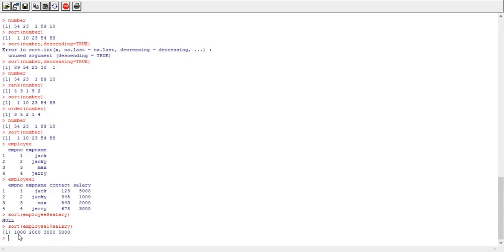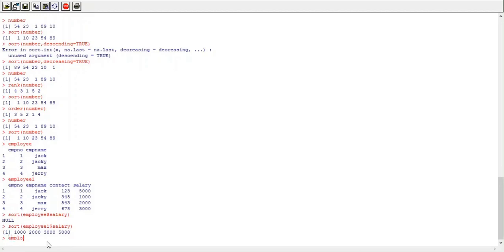It will give you only the values of the salary column, but we don't want this type of output. We want to sort the entire data frame, all the columns. We cannot use the sort function for this, because the sort function is mainly used to sort the values of a vector only. If we want to sort a data frame by any column, we need to use the order function.